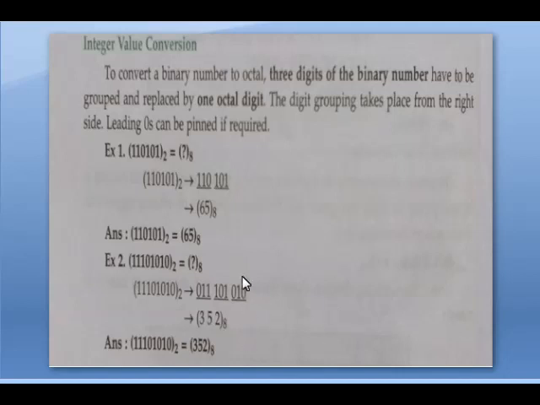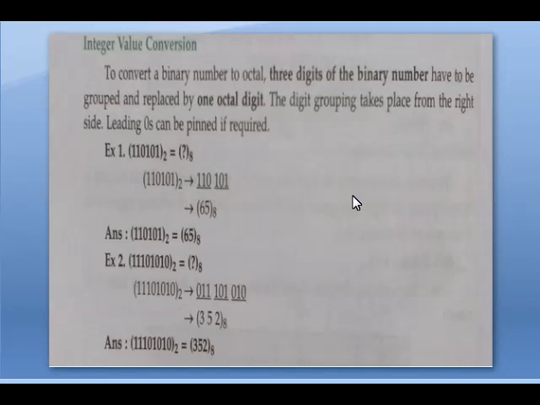0, 1, 0 means 1, 2, 4. This number you have to keep in mind. So 1's place is 2. The 1 0 1 means 1 2 4. 4 plus 1 is 5. The next one is 0 1 1. 1 2 4. So it is 3. Okay, like this you have to find out the numbers. So I think you understand this process of conversion.